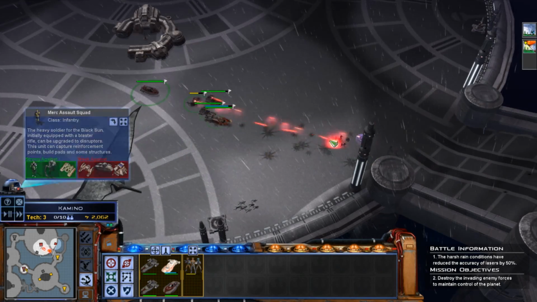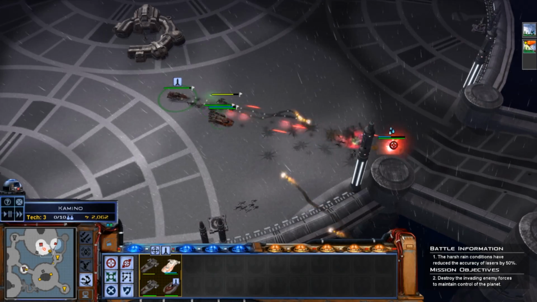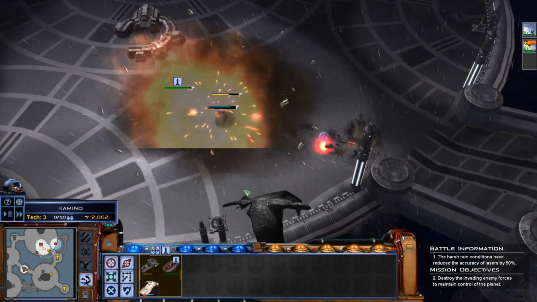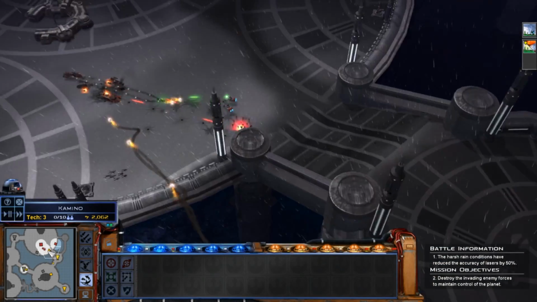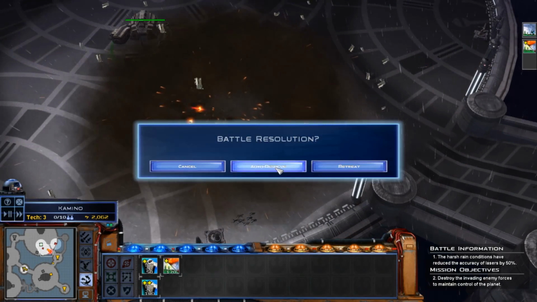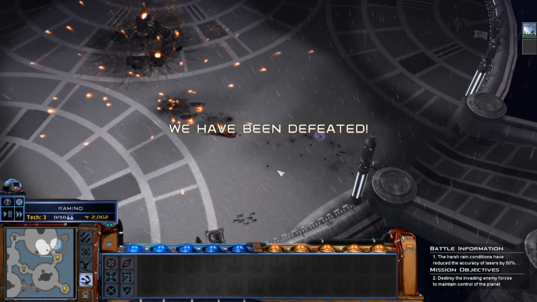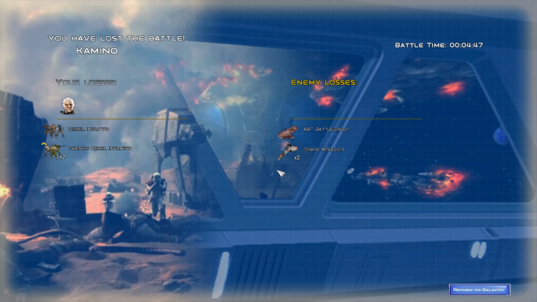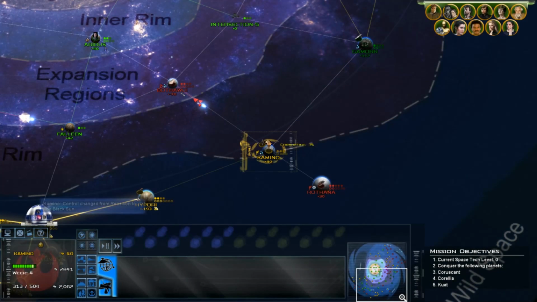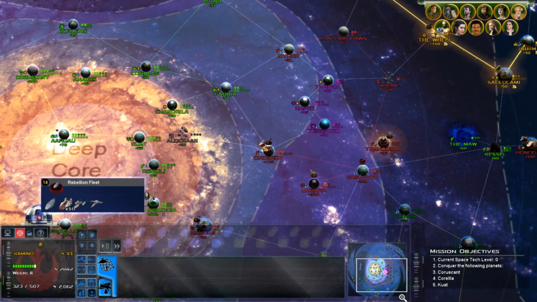Unit destroyed. We've lost a landing zone. Barracks destroyed. Damn, dude. Oh, that was not worth it. I should have just retreated, obviously. System lost. Oh, I just got a bunch of...